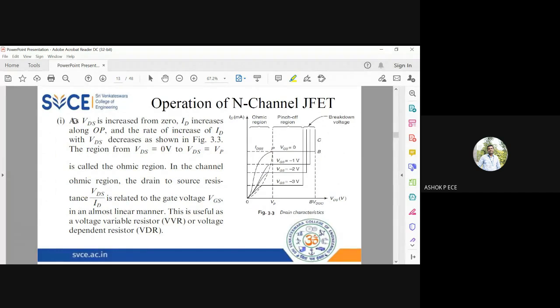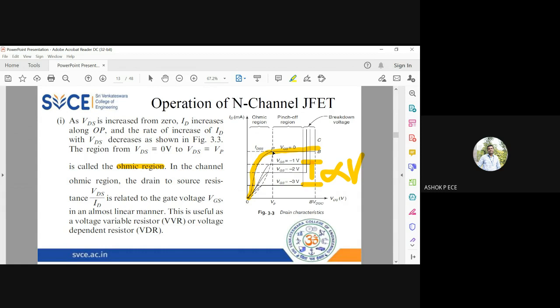So when I'm going to increase VDS, the current will increase and then it will become constant. And area is not going to change. So when I increase my VDS, my ID will increase and then constant. So this region from O to P is called the ohmic region. It is almost looking like a straight line, right? So I can write in this region, current I is proportional to V, looking like a straight line. It is proportionately varying. So 0 to P is called the ohmic region.